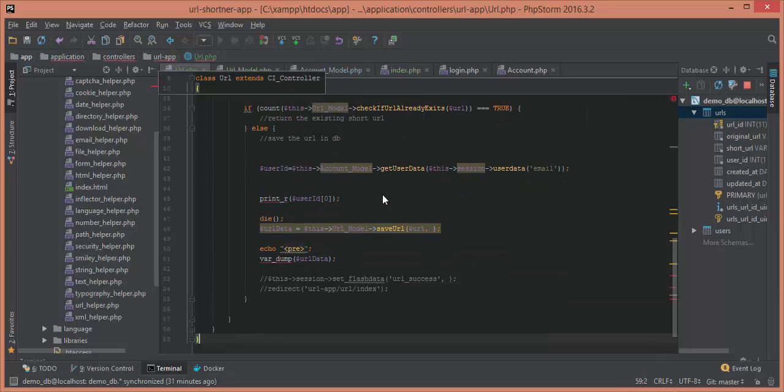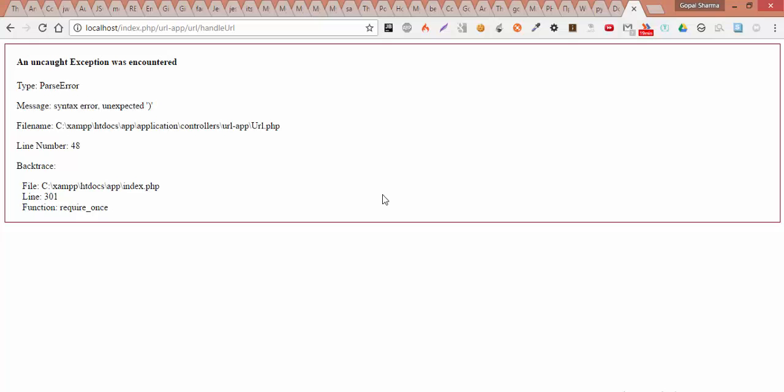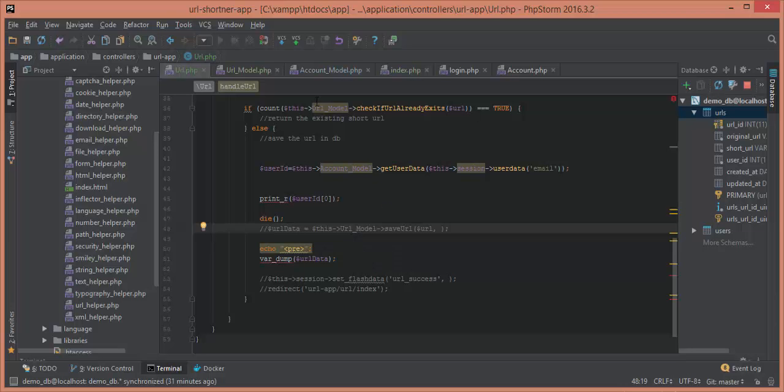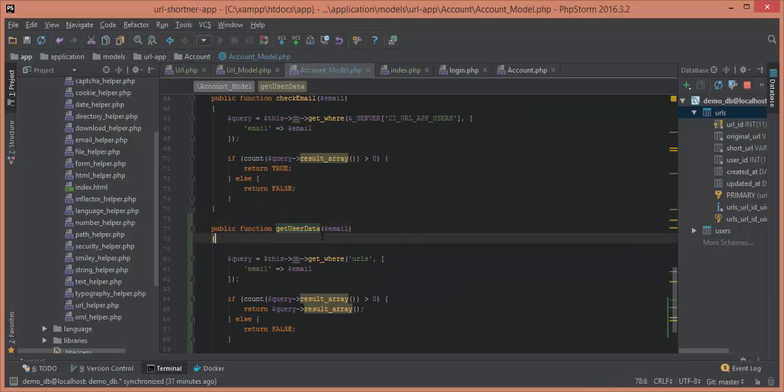There is an error somewhere. Here we close this. Okay. Unknown column email. The account model is saying we have no columns like that. Okay,